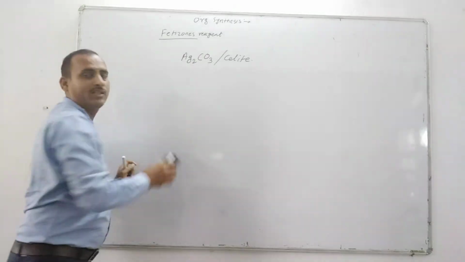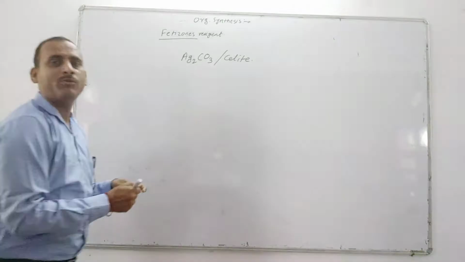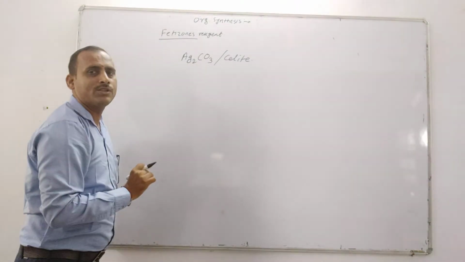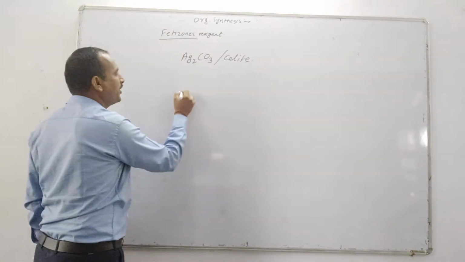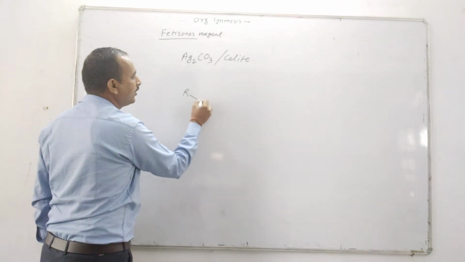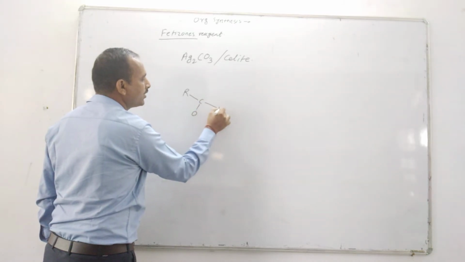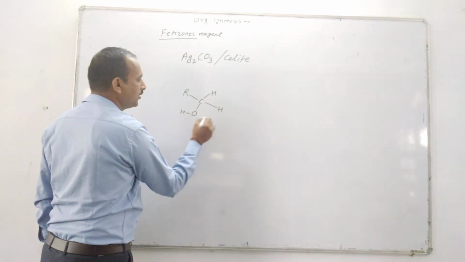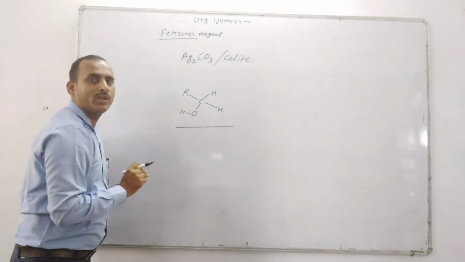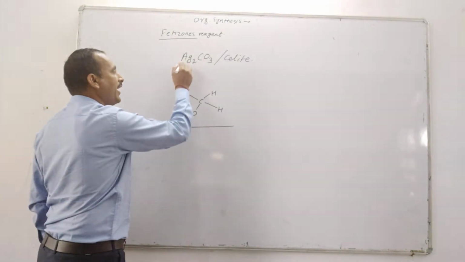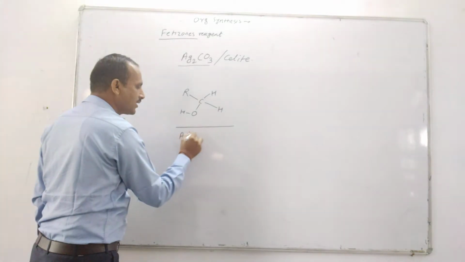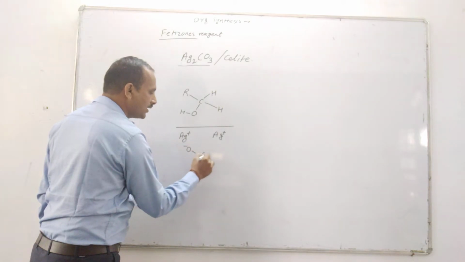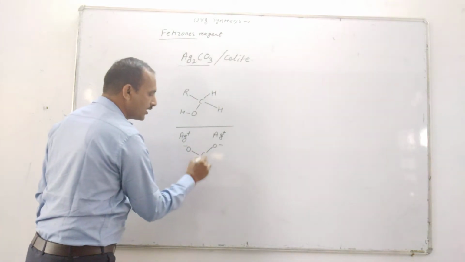Now this celite is an inorganic material, mostly SiO2, and this silver carbonate is also a solid material, which provides the surface area for the alcohol. So suppose this is RCH2OH and this is the surface of the celite, and on that we are adding silver carbonate, that means Ag plus and O minus, C, O minus, CO3 carbonate,